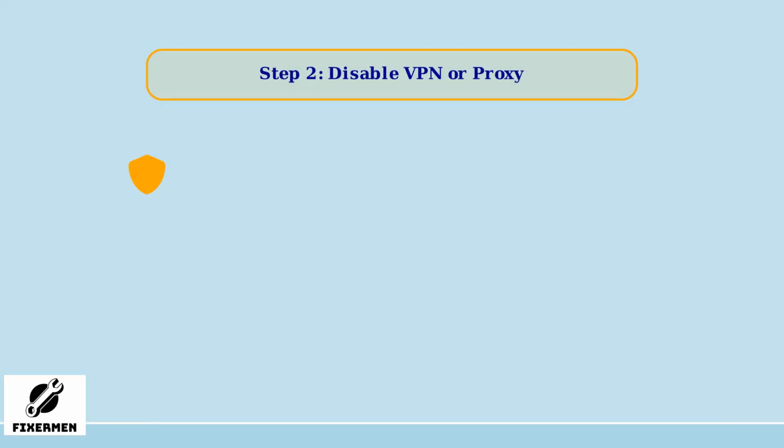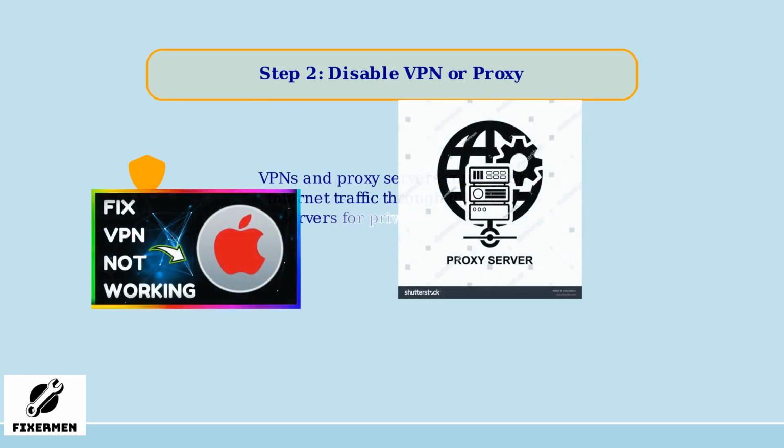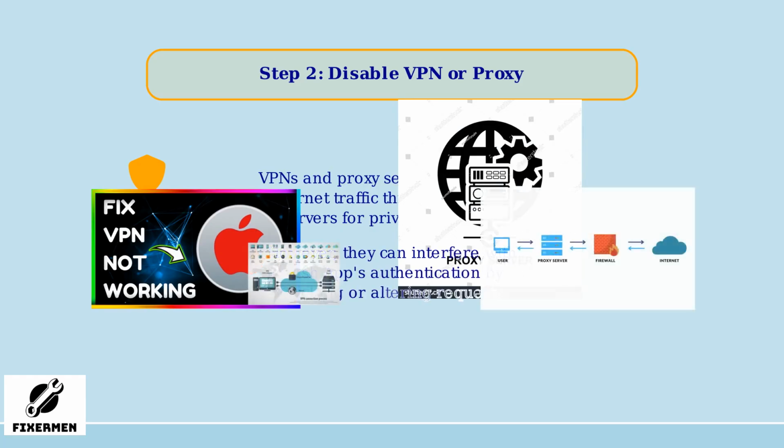VPNs and proxy servers can interfere with Cash App's authentication process. These tools route your internet traffic through different servers for privacy or to access restricted content, but they may block or alter Cash App's requests, causing Error 401 unauthorized. To troubleshoot this, temporarily disable your VPN or proxy and try accessing Cash App again. If the error resolves, you may need to adjust your VPN settings or use a different server that doesn't block